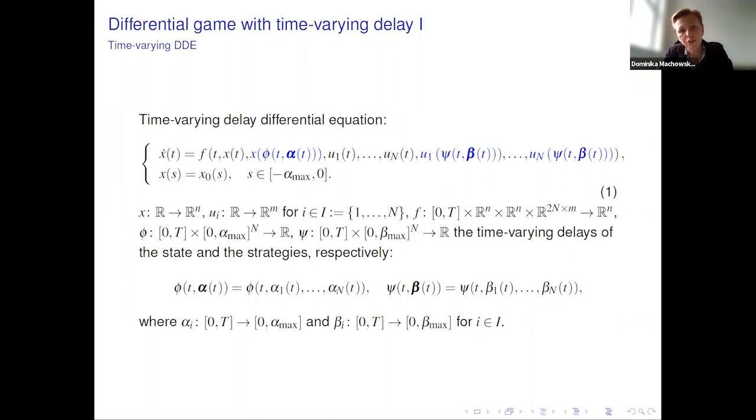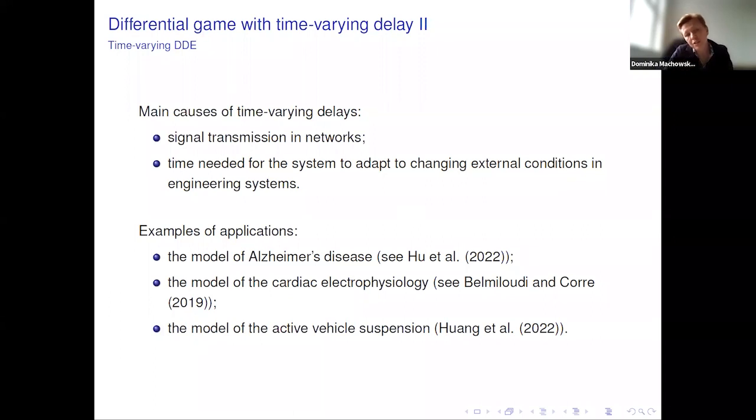And also this delay depends not only on one player, but on all of the players who take part in the game. So this is our